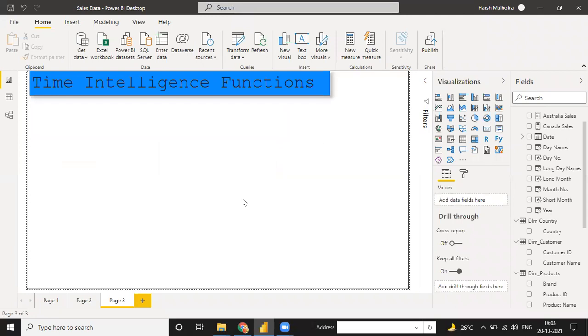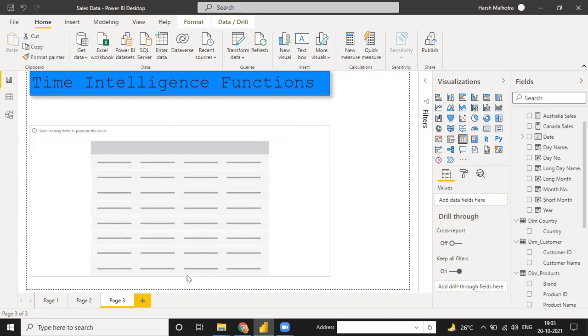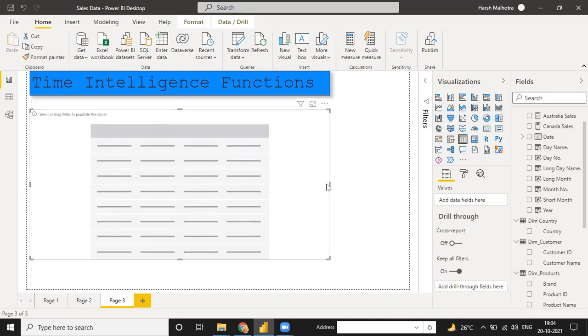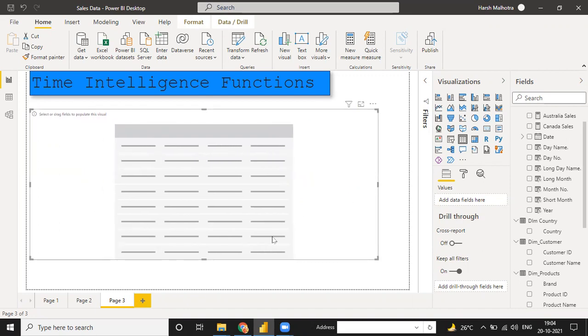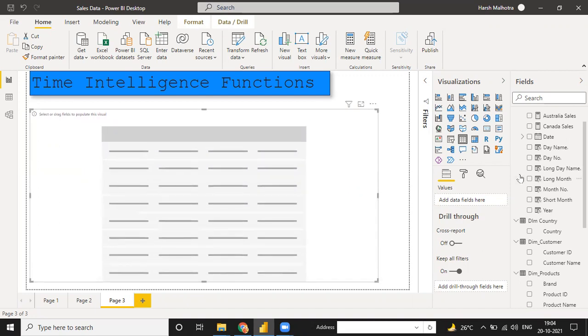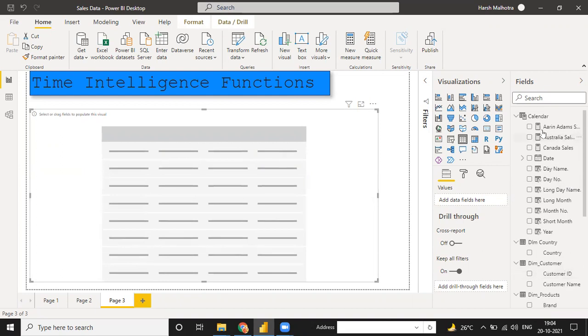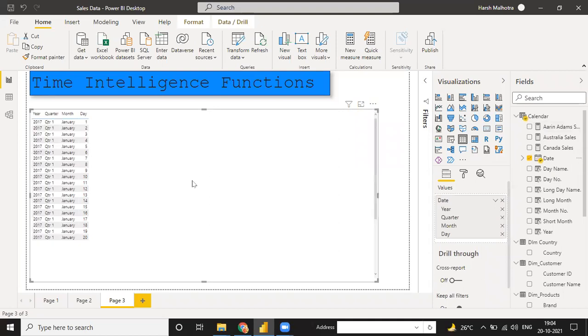So right now we are going to use our time intelligence function. For the time intelligence function, I can use one table here. In this table, I put my calendar table, suppose the complete date.